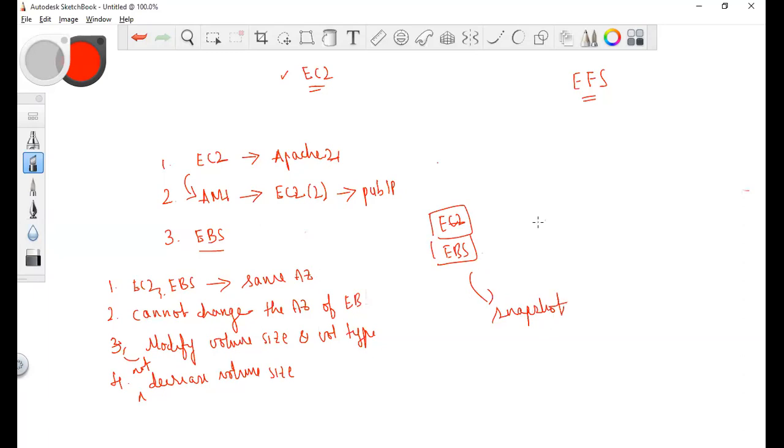In the last class, I created an EC2 instance and a data volume, and I took the snapshot when this EBS was attached to this EC2 instance. So the snapshot can be taken when your EC2 instance is running and the EBS is attached to it.